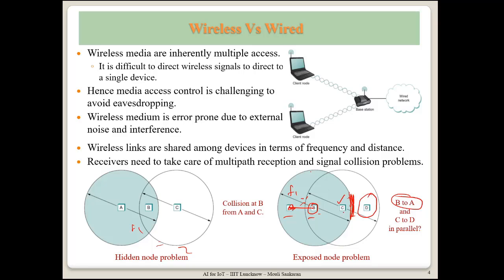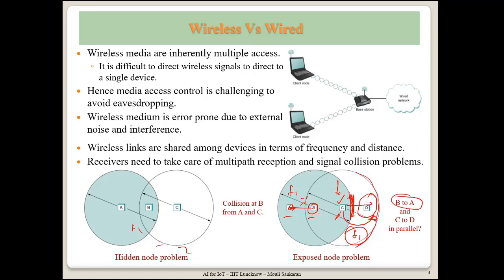But C can send to D in the same frequency F1 reliably, because D is not getting collided with F1 at that time. Correct? Because D is out of the range of B. But C does not know that D is not in the range of B. So it thinks that if I am getting collided with the signal, the other device also may be there or may not be there. It doesn't know, but it knows that it is in its range,